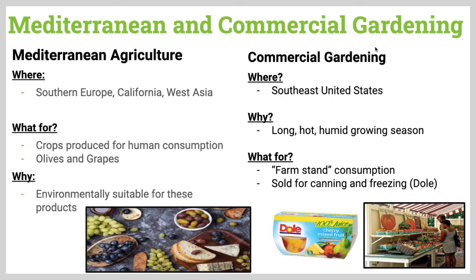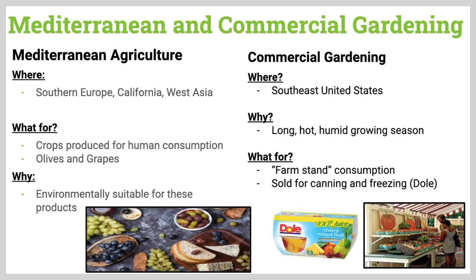Commercial gardening is growing these fruits and vegetables for commercial gain, right? So we're looking at some areas here like the Southeast United States where we have very humid sort of weather. Sometimes in Southern Europe and California, of course, there's going to be humid weather, right? But in the Southeast United States, we're talking about a different ball game. These long, very hot, very humid growing seasons. And we see things like orange groves,